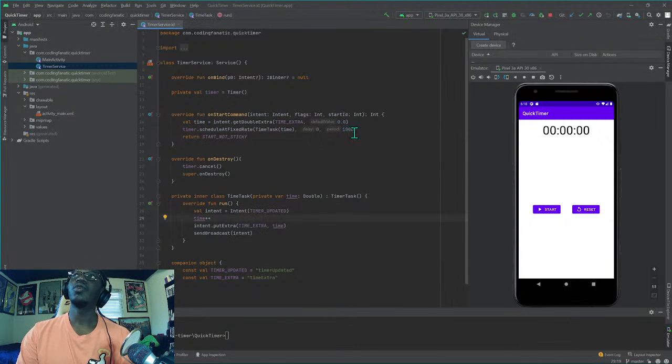So every second or every time that you hit the onStart command, time gets incremented by 1. So start command increments by 1. Start command increments by 1, and so on. This is the problem. So in order to fix this, the first thing I found was if you move the